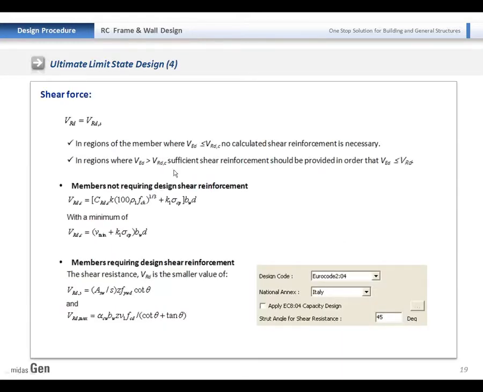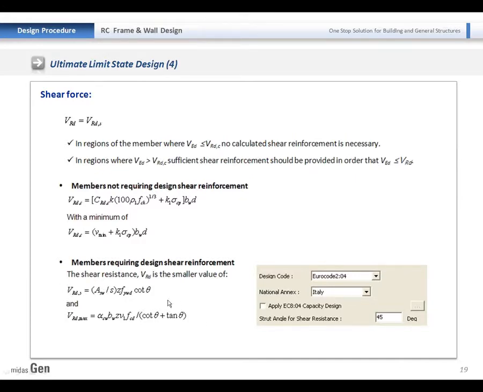For the shear design, firstly, the program compares the design shear force and the concrete design resistance. After comparing it, the program will decide if the member requires reinforcement or not. So after that, if the member requires reinforcement, this equation will be applied.